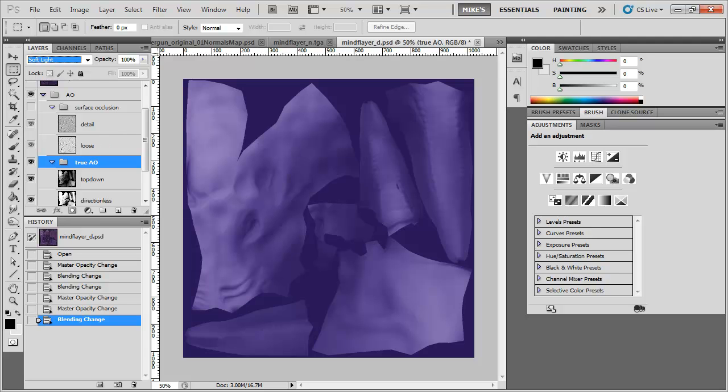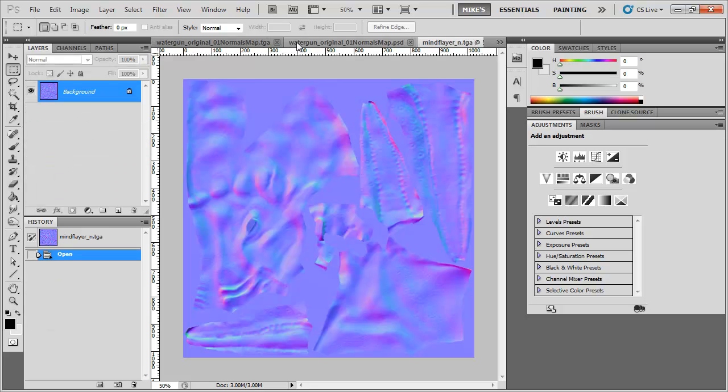There's one other final thing that I do. I use Crazy Bump, which you do have to pay for, so if you don't have that, you might have to find another solution. But I really like Crazy Bump, so I'd say it's worth the money. And I simply load in the final normal map that I ended up with. I would copy this,